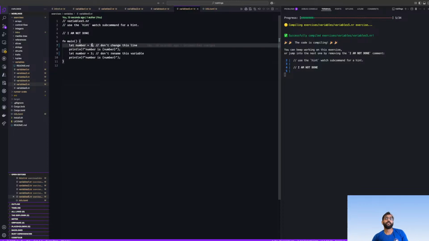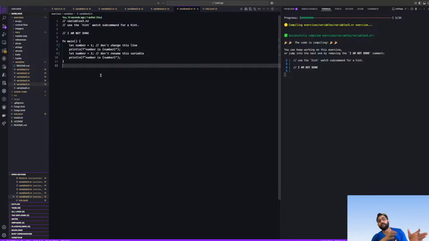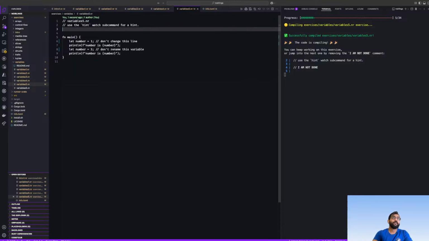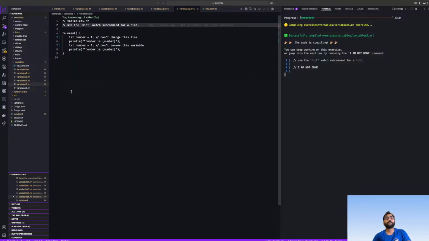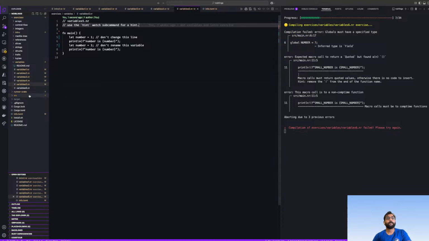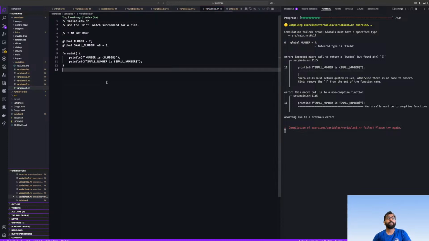You can't have something like underscore U8 there, but in Rust you can. I guess in the Cairo language you can. If I remember, previous versions of Noir also had it, but maybe it's a recent change. I don't know. Okay, so let's move on to the next exercise. Okay, variables 5. This one is, I guess, variables 6.